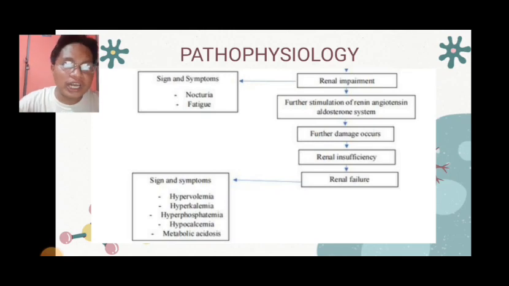Nakikita mo na siya dyan, hindi na siya magfa-function, lahat ng negative sides, like for example, hematuria, edema, lahat ng negative, kasi the kidney does not actually filter out, kaya nagiging damage na sila sa